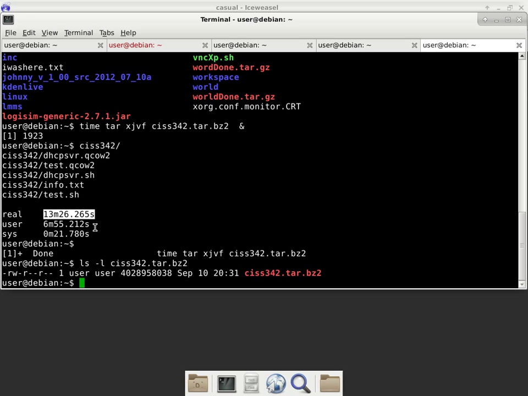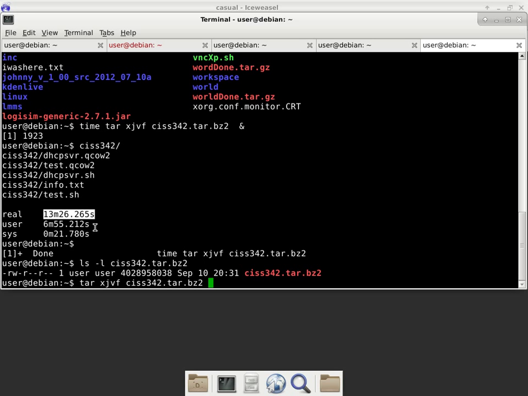It can take an hour to get the same thing done. Okay, so that's why I want you guys to use an external hard drive, because even with an external hard drive, which is fast, it will take this long. Okay, so when you decompress it, you run this command, tar xjvf, and then the file name, like so, and then it will create a folder.